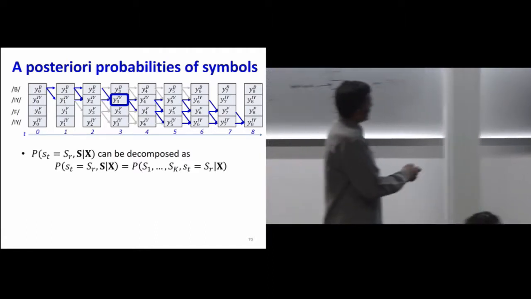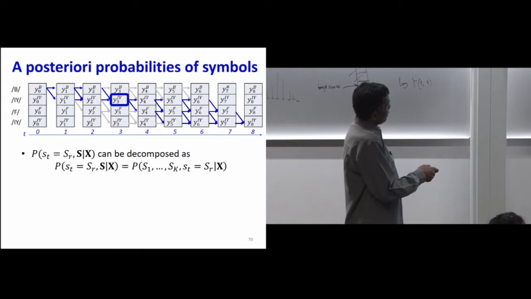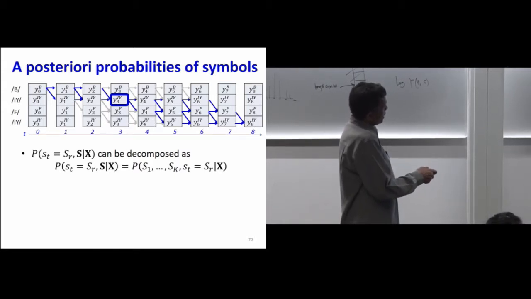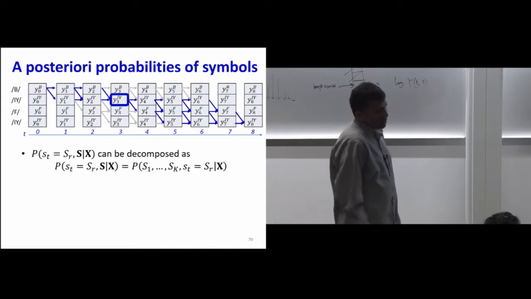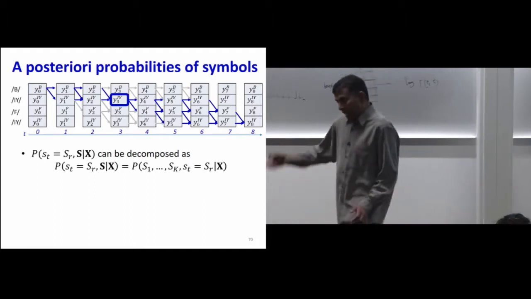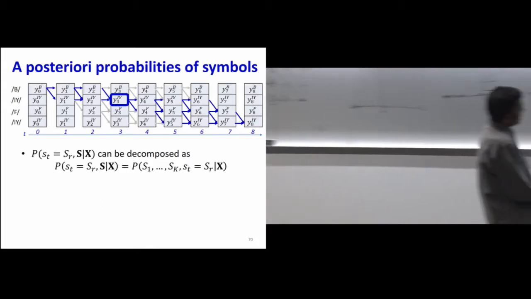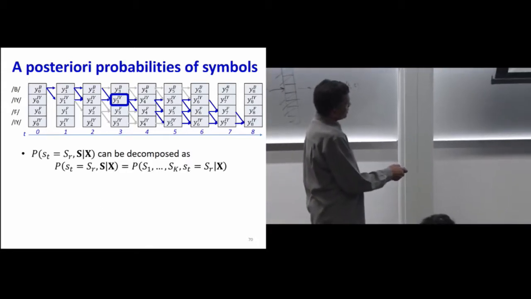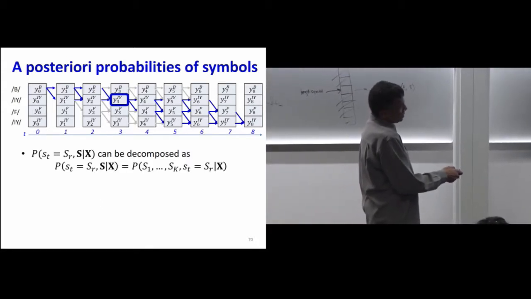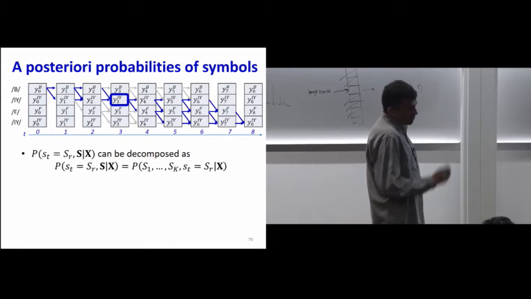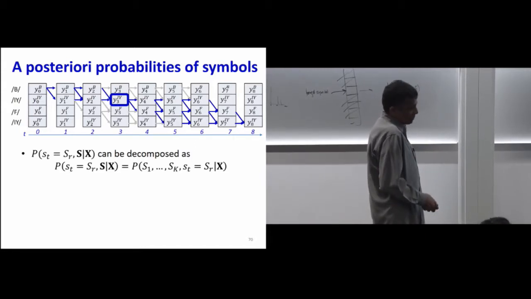So mathematically, I can say the total probability of this graph is going to give you the joint probability of the compressed symbol sequence and the probability of being in this particular E at time 3, given the input, right? So I'm just writing this explicitly as the probability of the symbol sequence and observing that particular symbol at that particular time, given the input,